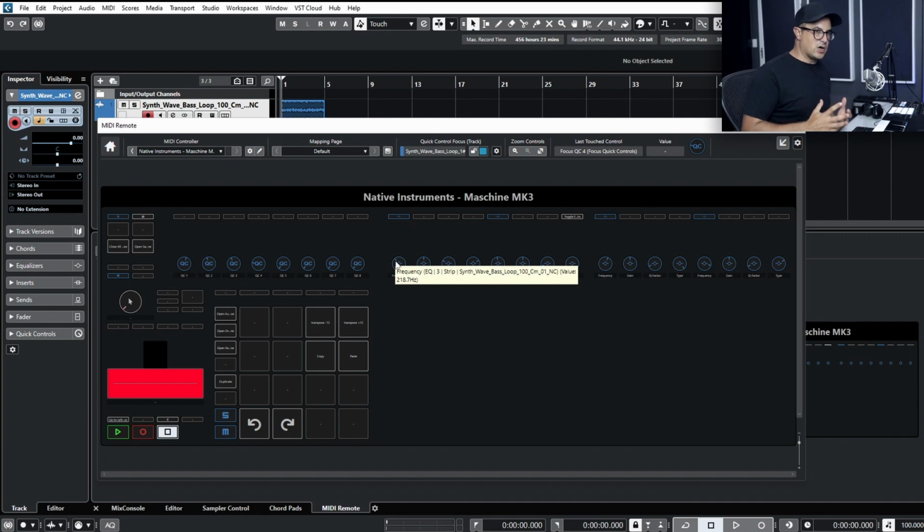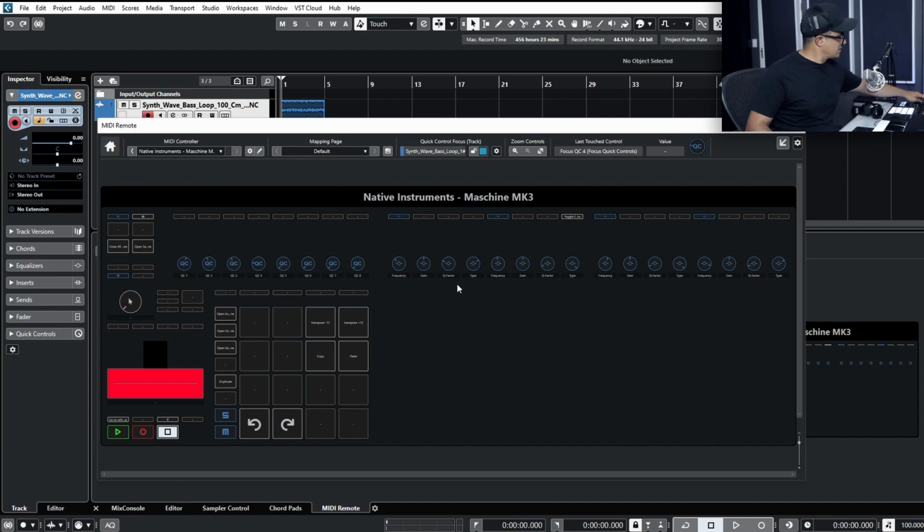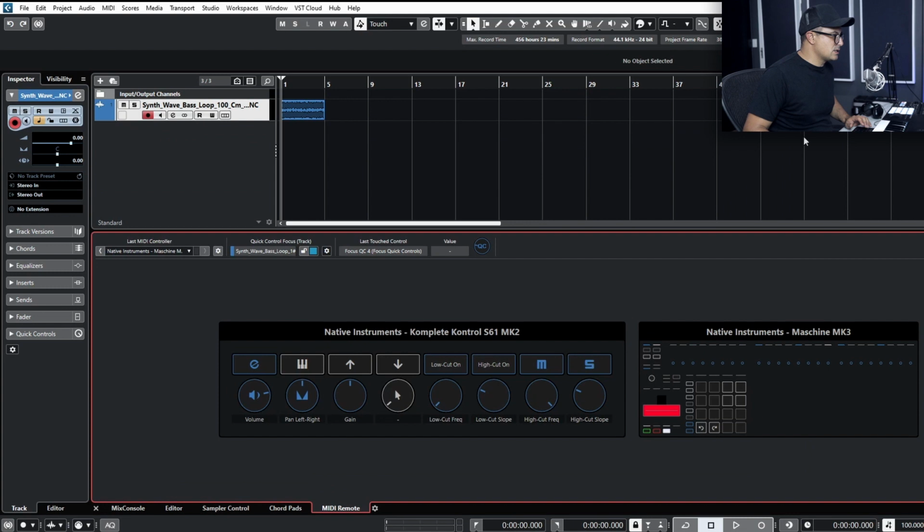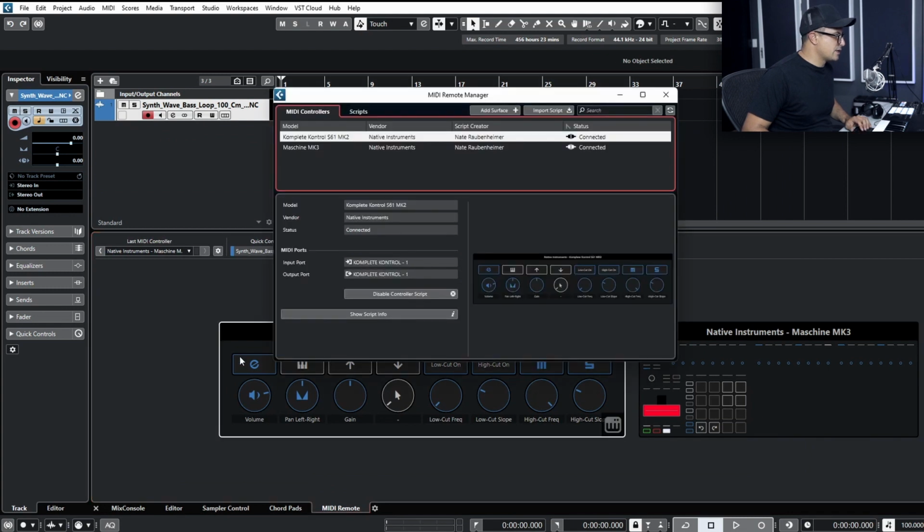Depending on which MIDI hardware you have, it will determine how the page system works. Because the Native Instruments stuff has page abilities built into the hardware, that's why I've done these as separate sections where you've got sort of copies of the same controls. But it will vary from controller to controller. Some of those you will actually want to set up mapping pages as well, which can be found up here. But let's get out of that. We'll just come back in here again and look at the